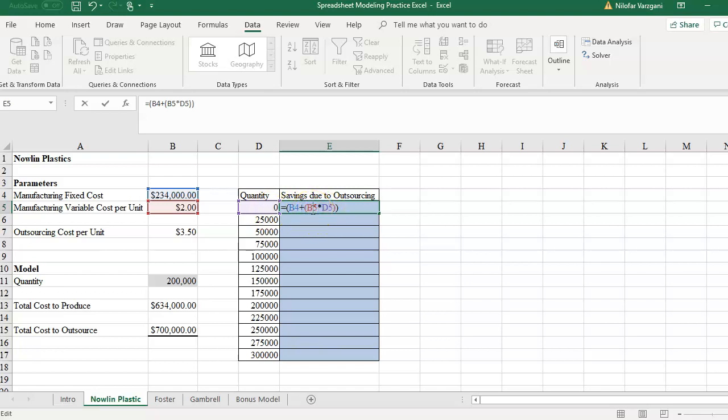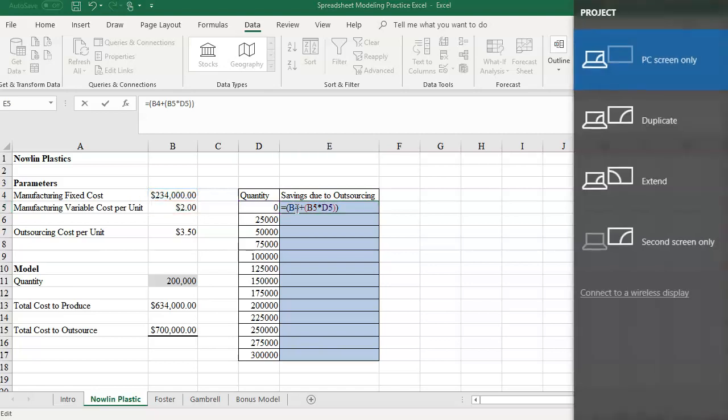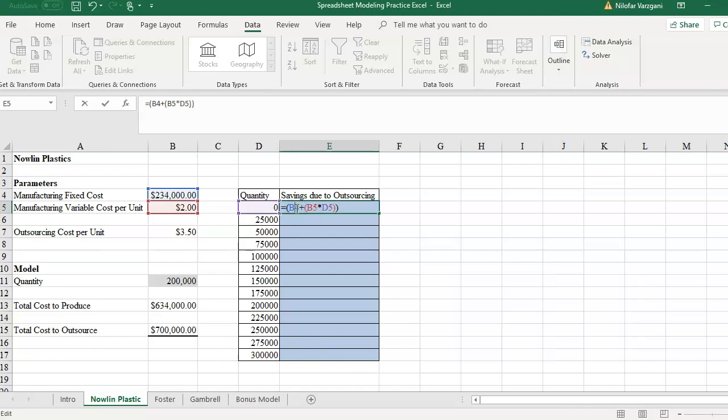Because my input parameters are going to remain the same throughout my formula, I want to keep those cell references constant. So since my fixed cost in cell B4 remains constant, I'm going to add dollar signs here in front of both B4 and B5. What these dollar signs do is, what you'll notice is that